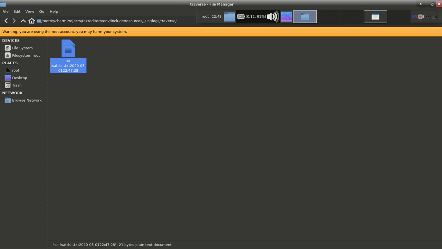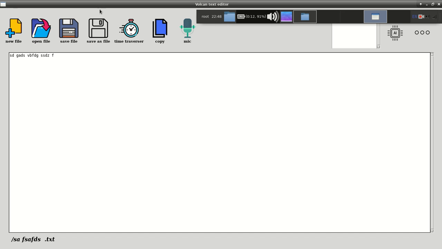So this was the anonymous save, which saved, or you can say which was saved without the information of the user, because the user does not know anything about this save. And in this way we can achieve the functionality of time traversal, and we can open that also using the open function. So let's open that file using time traverser. In time traverser, actually we have not made any function for time traverser. This is the anonymous save. Now what time traverser will do is directly open that folder and we can open a file from that folder.